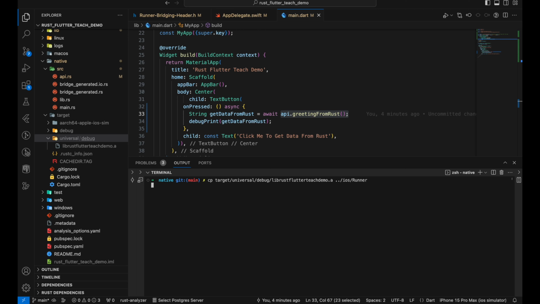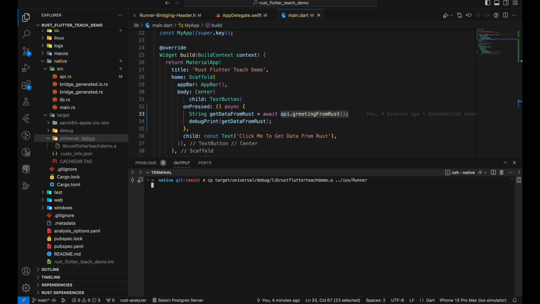So right now the build is the iOS simulator architecture. That's why we don't need to exclude the ARM64. Okay, let's remove that. We don't need to remove it because it is specifically built for the iOS simulator, so it will work. So the problem with the iOS simulator build is that if you want to test on a real device, it will not work because it is only built for the iOS simulator architecture. That's why. So let's click it and then, oh sorry, it's still building. Wait a few minutes. Okay, let's go build then. And then let's click it and it will say greeting from Rust.